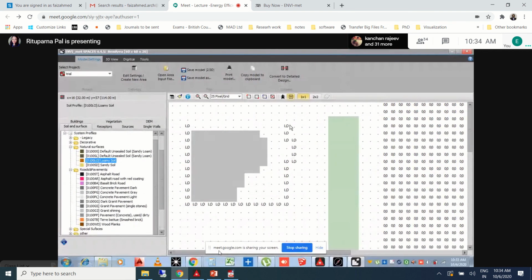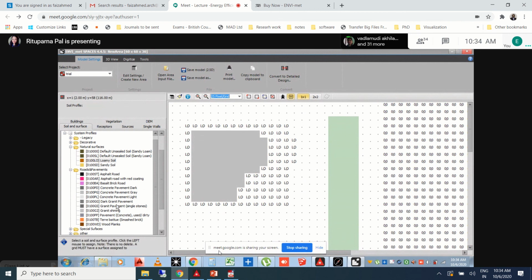And then in this case, what if we overlap different materials? This only happens if you are not able to see. So in that case, you increase the pixel grid size to a size where you can see the thing. Like here, as I was not able to see the small platform, I increased it to 25. So now see, I can see my building profile, the area where my loamy soil is, as I've already deleted the thing. So you need to increase and decrease the grid size to match your visibility. Okay? So I have already deleted my concrete path.